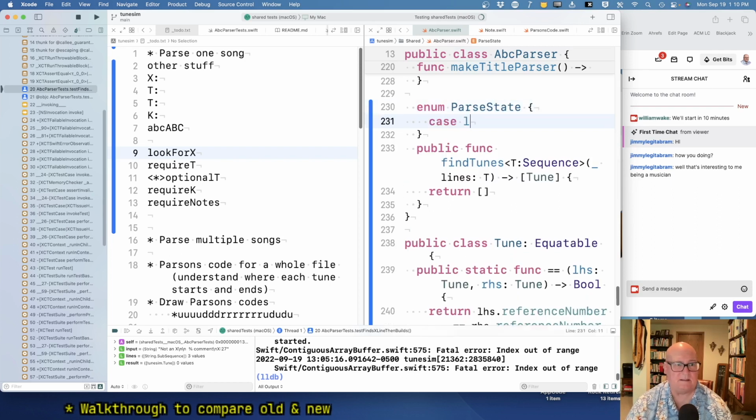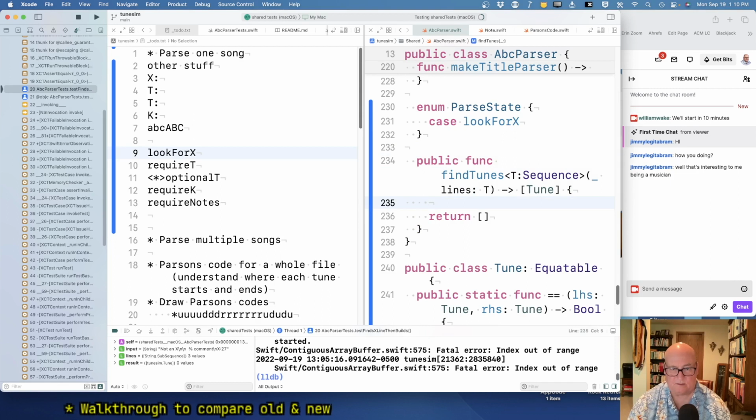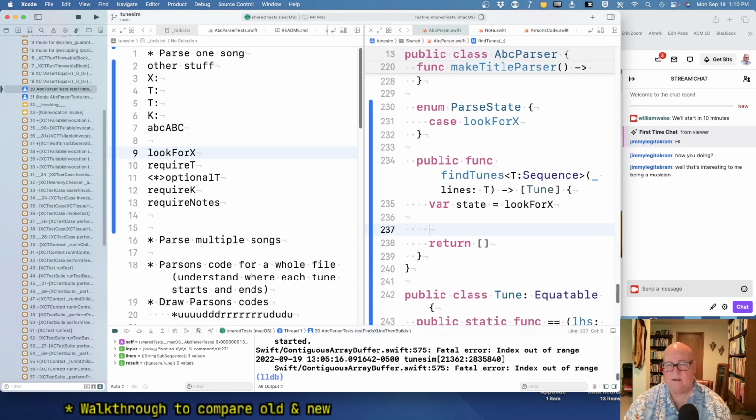And I'm going to make a case look for X. And let's just start there. Okay, so var state equal look for X. Okay, and then I guess for each line,